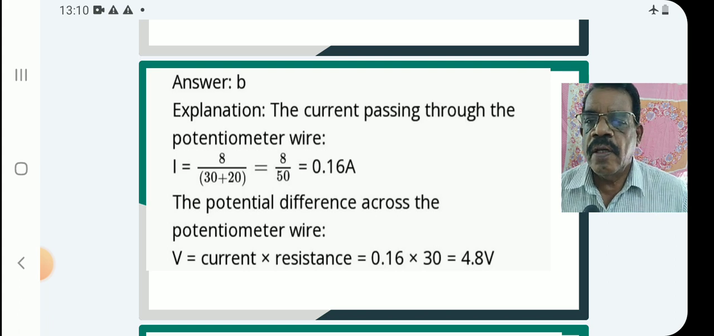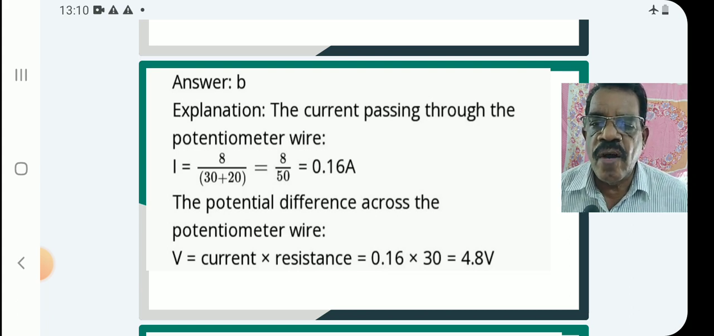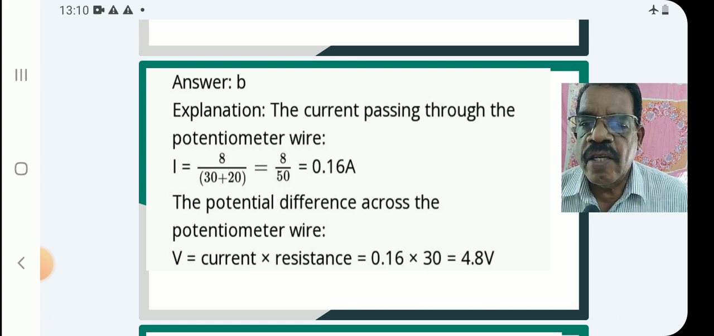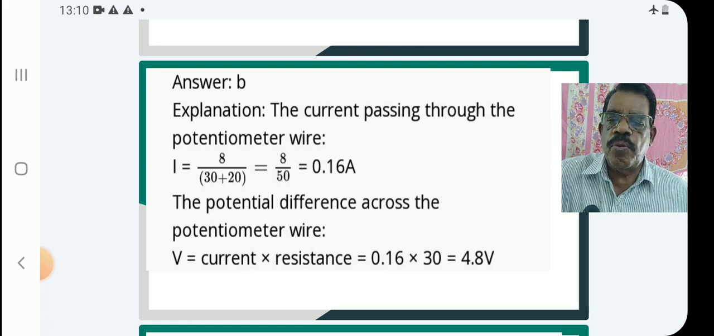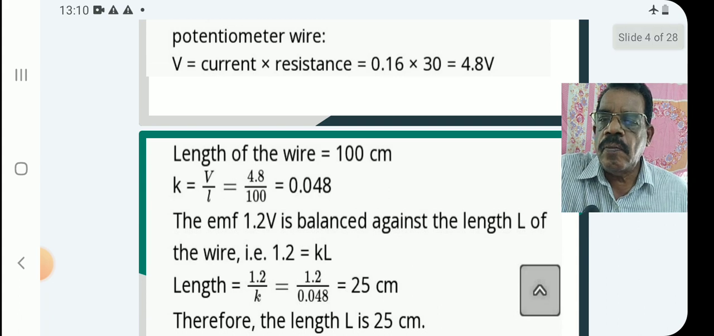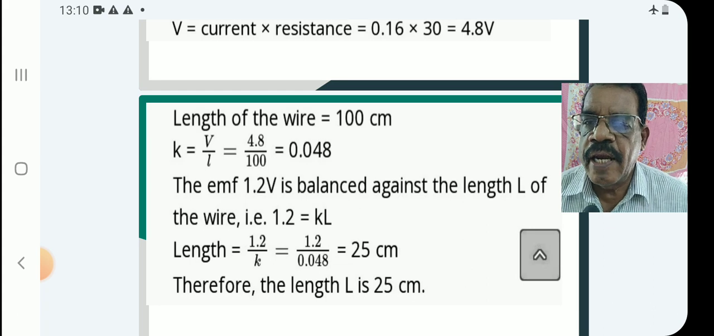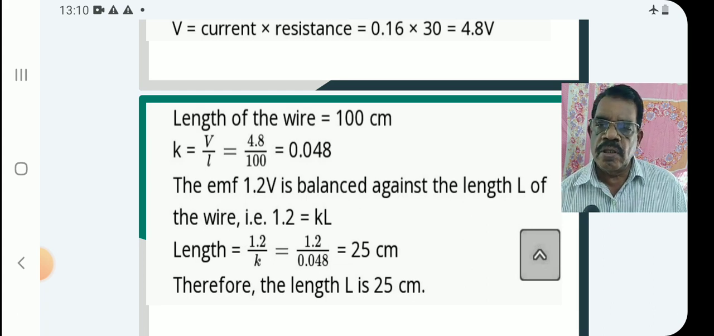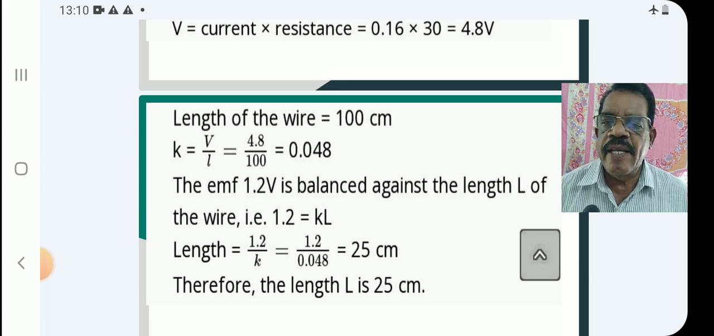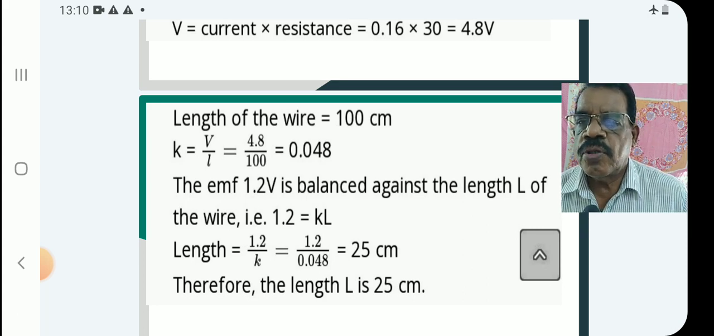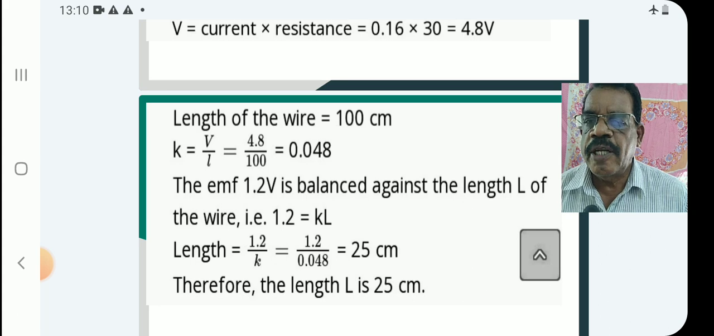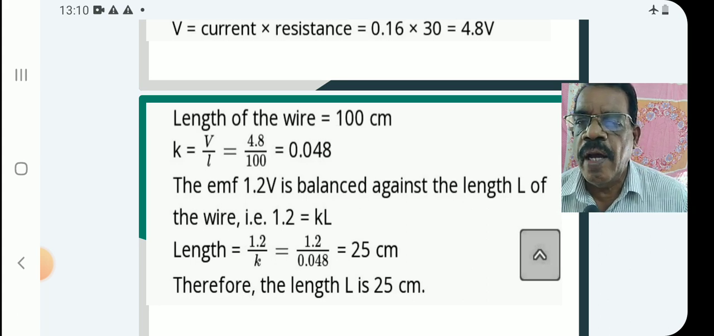0.16 ampere. The potential difference across the potentiometer wire, V, is equal to current into resistance of the wire. Resistance of the wire is 30 ohm, therefore V is equal to 0.16 into 30, that is 4.8 volt. Length of the wire is 100 centimeter, therefore K, the potential drop per centimeter, or potential gradient, is V by L, that is 4.8 by 100, that is